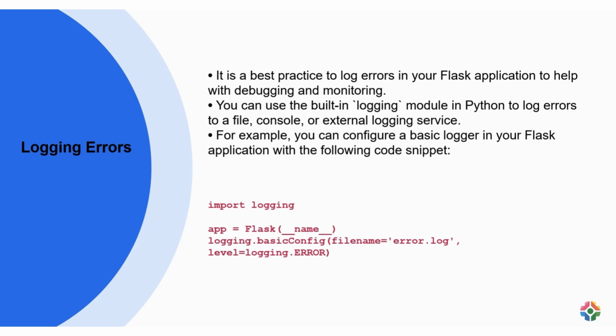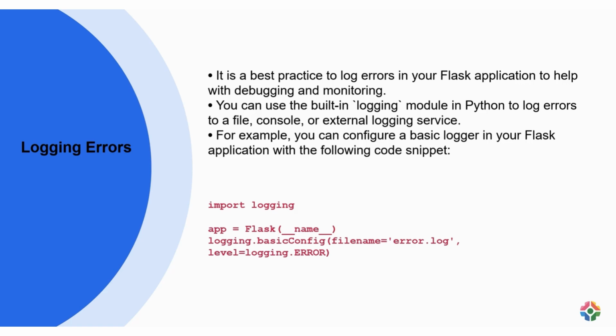By utilizing Python's built-in logging module, you can easily set up error logging functionality. A common approach is to configure a basic logger within your Flask application using the snippet provided. This code establishes error logging to a file named error.log at the error log level. This allows errors to be stored in a dedicated file for review and analysis, aiding in identifying and rectifying issues. Additionally, logging errors to an external service, such as Splunk or Datadog, enables centralized monitoring of application health and performance,